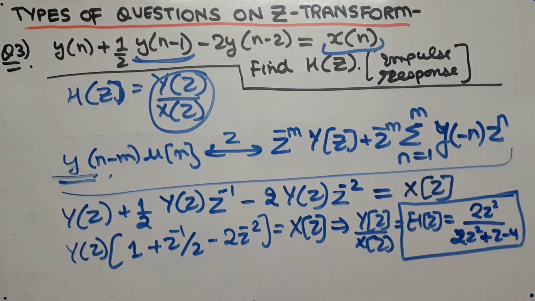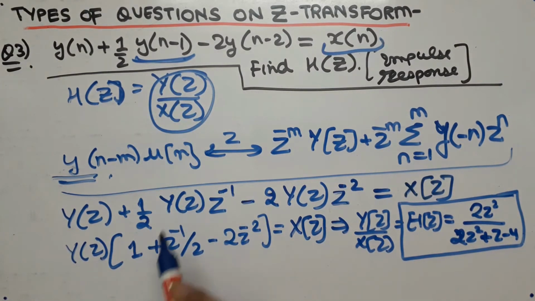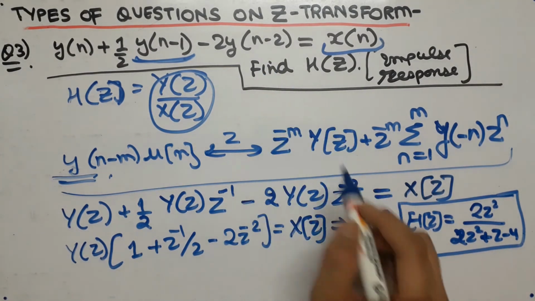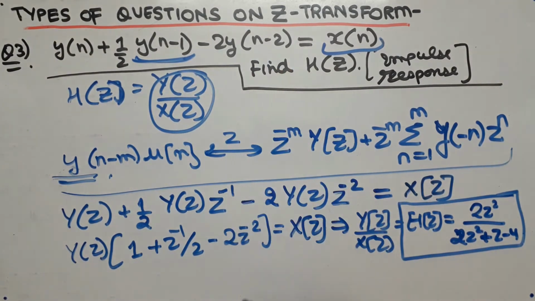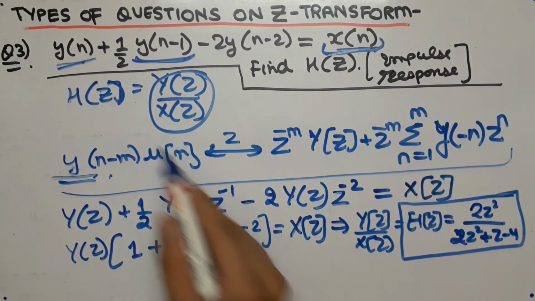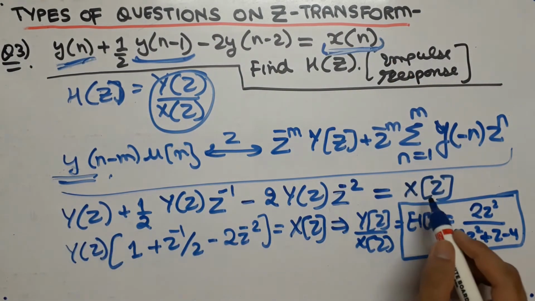Guys, I will repeat the steps that we followed in this question. First of all, we converted yn and xn in the form of yz and xz using this formula. And I have also told you a trick, that you simply have to write yz and multiply z to the power minus 1. That is, you simply have to write yz into z to the power whatever is being subtracted from n. In this part we have written minus 2 because 2 is being subtracted from n, and similarly here we wrote minus 1 because 1 is being subtracted from n, and in which nothing is subtracted, that is over here yn and xn, we will simply write yz and xz.